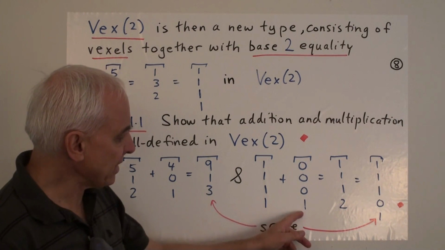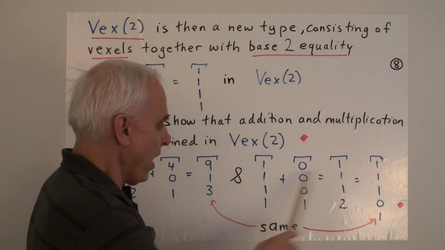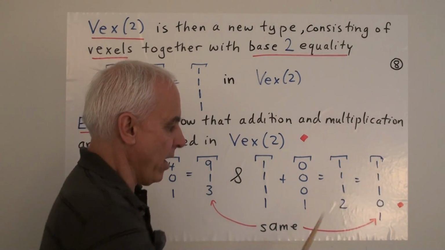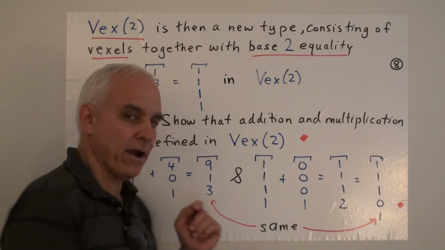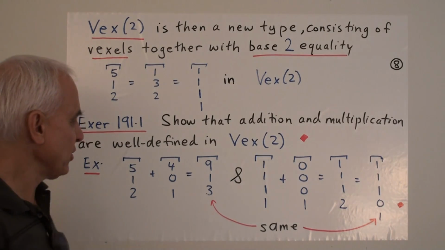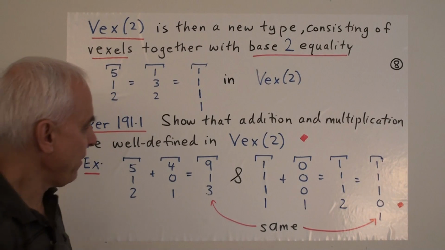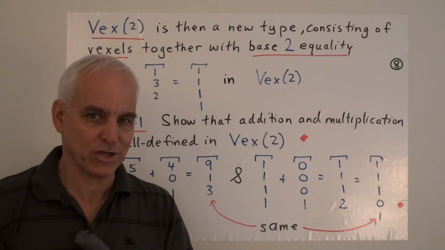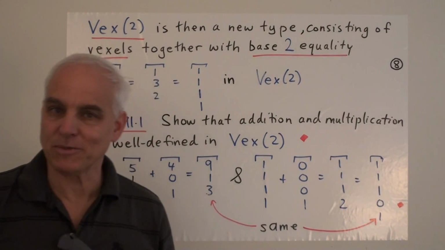Now, if we take these things here and we add them using ordinary vexel addition, we get 1, 1, 1, 2, which converts to 1, 1, 1, 0, 1. And the claim is that these two things that we end up getting here are actually equal under the exchange conditions. So if the ingredients are equal with respect to the exchange conditions, then the final results will also be equal with respect to the exchange conditions. And that's true not just of addition, but also of multiplication.